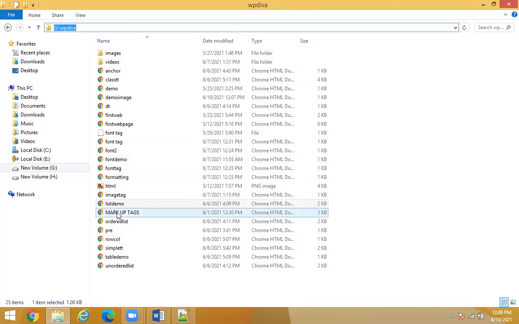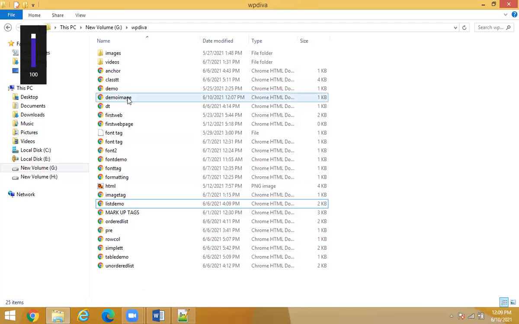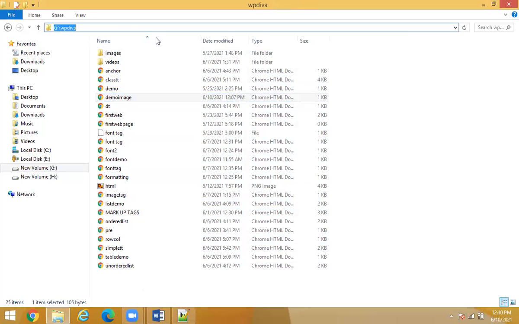So what is the name of my new program, the one I just created? It is demo image. I have created a file whose name is demo image. Where is demo image stored? It is stored under G:WP division A. Now there is one image here called HTML.png.